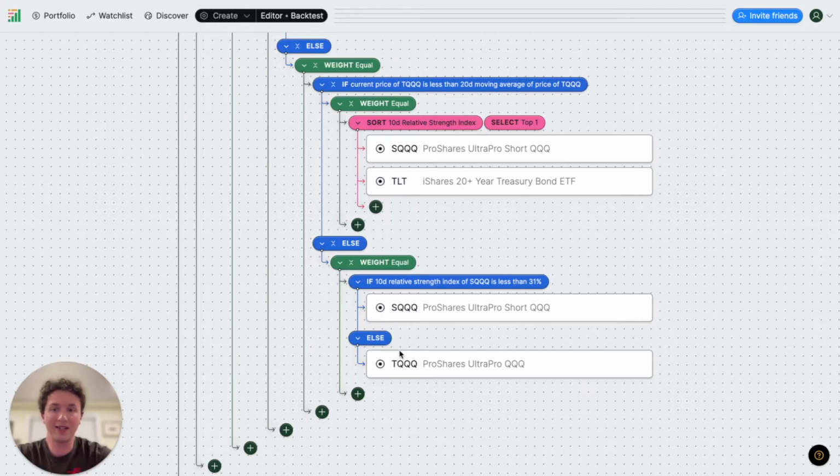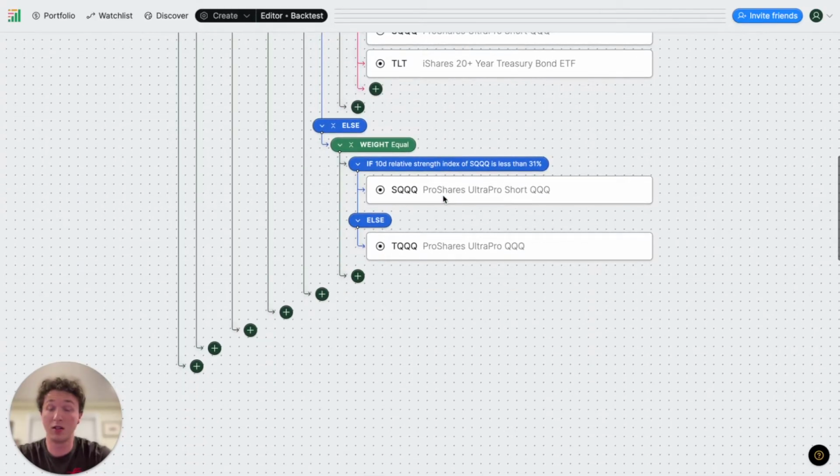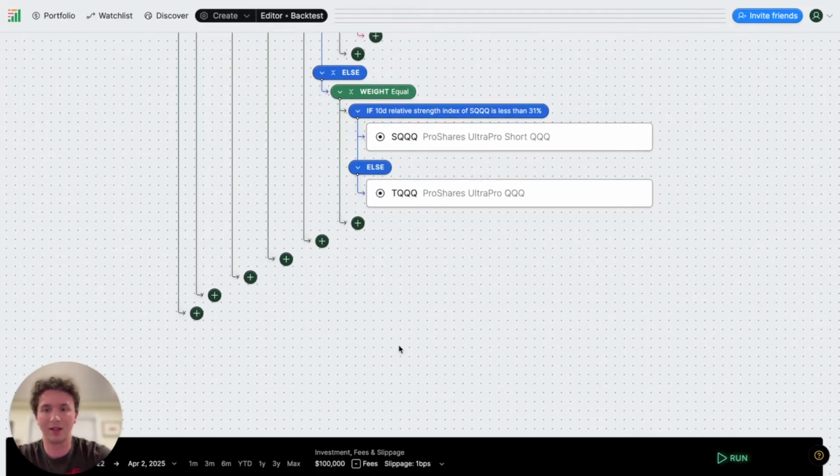So why is this so effective? It's because it's going long in bull trends, it's rotating defensively in sideways markets, it's generally shorting or moving into volatility or bonds in downturns, but it can catch upswings as well in those periods. And it automatically takes profits and manages re-entry based on objective signals, using no emotions at all. This is how individuals can compete, by applying structured logic and letting automation do the heavy lifting for you.